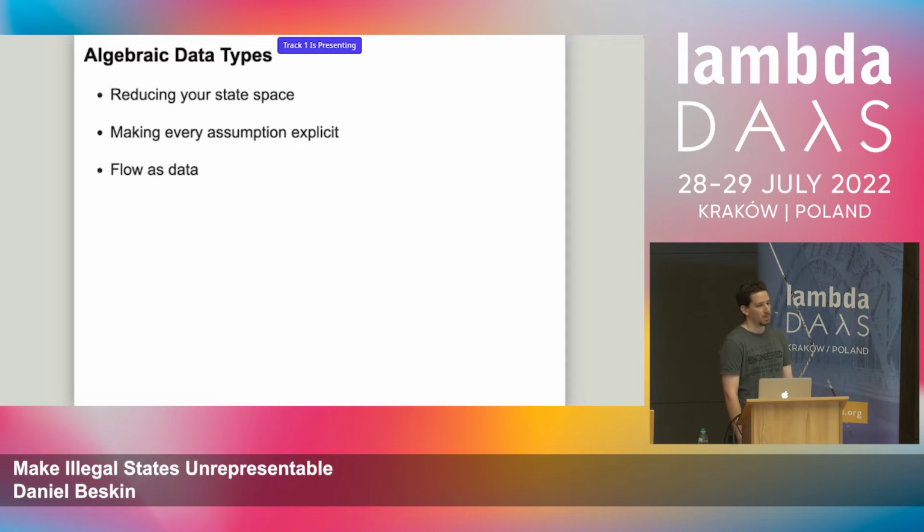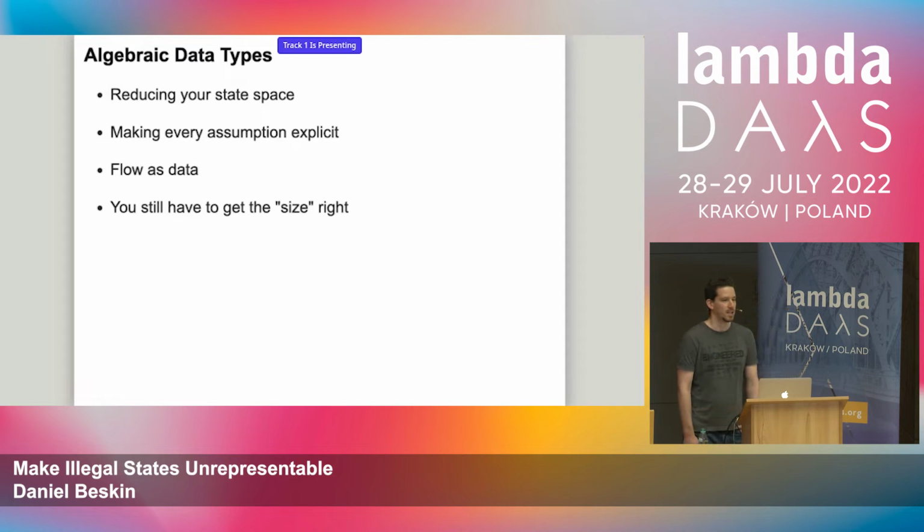And what's important, the compiler is now providing you with safe access to all the data that you need. You don't have to assume that it will be present when it might not be. It will definitely be there, and you can't work around it. So now that you're basically free from thinking about illegal states, and you don't have to engage in defensive programming all throughout your application. It's not a magical solution. You still have to get the size of your algebraic data type right, because my initial example, the first coffee order, is also an algebraic data type, but that one was too big for our state space. So you still have to think.